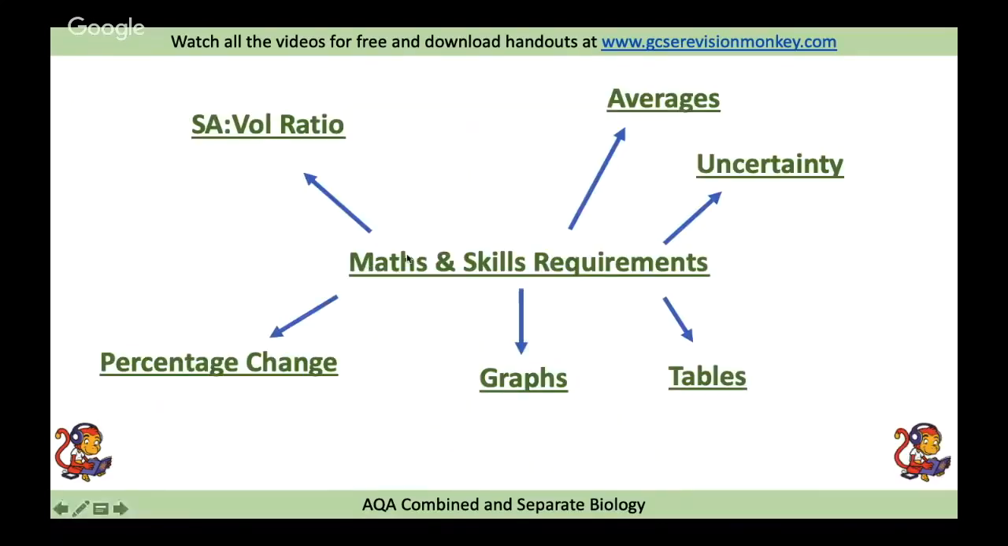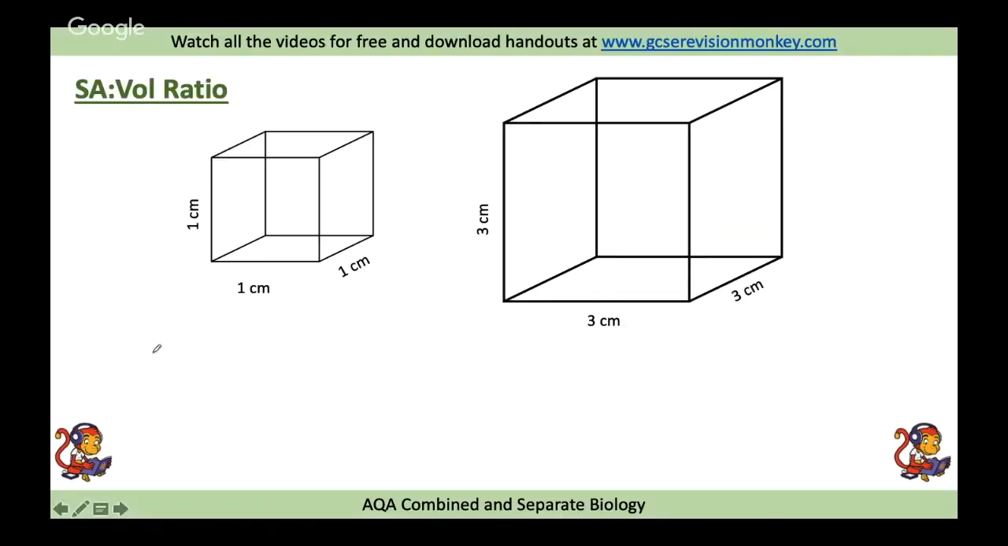Next, I'm going to look at some maths skills. First one has a lot of relevance to biology paper 1, and this is surface area to volume ratio. Let's work it out for this one. So if we're looking at the surface area to volume ratio, we need to calculate the surface area. So let's remind ourselves that we calculate the area of one side and then multiply it by 6 because there are 6 sides. So this one would be 1 times 1 and then multiplied by 6,